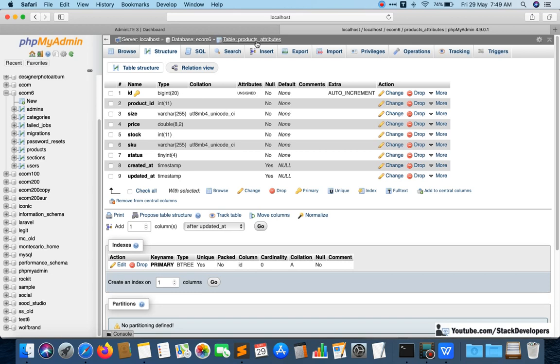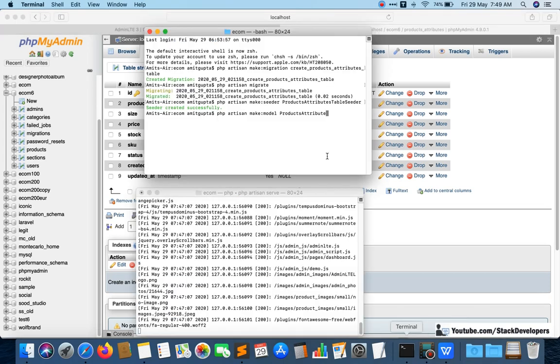Start with P in caps, after that underscore A means A will come in caps, and the s will not come, it will be singular. So our model name will be ProductsAttribute.